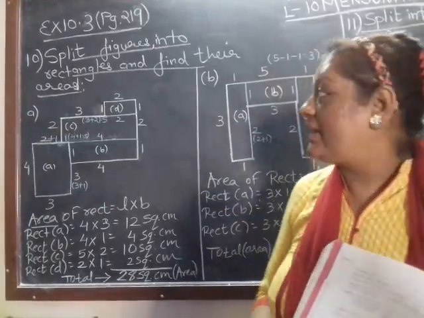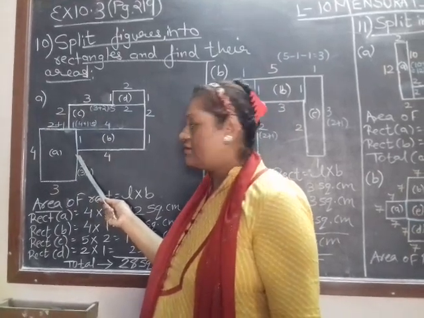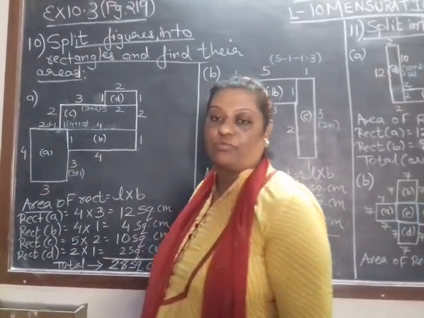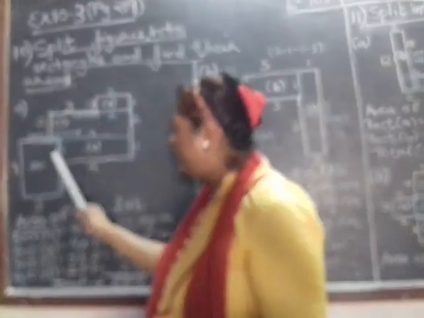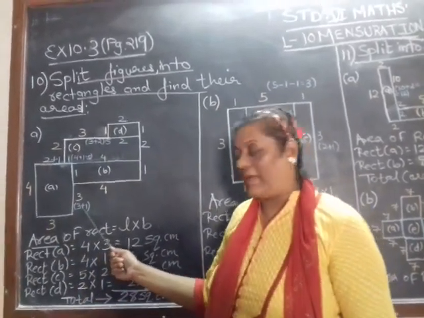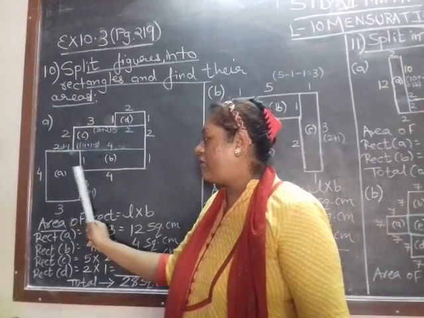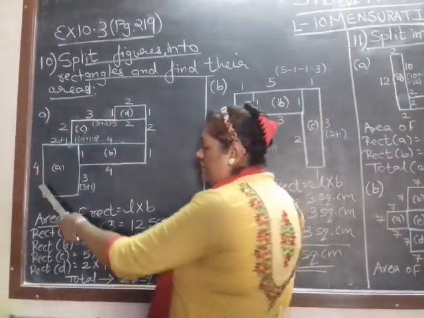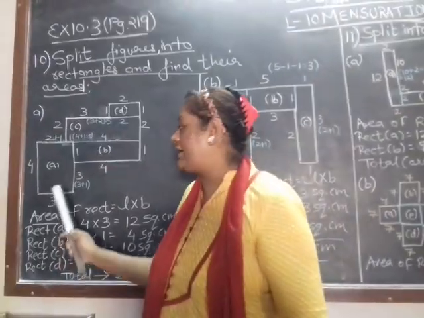First of all, in your textbook on page 219, you can check how they have given the figures, right? Now, you know that in rectangles, opposite lengths should be of the same measure and opposite breadths should be of the same measure. But here it is given 4 and here it is 3. So now what we will do, we will extend this rectangle. 3 is there, we need 4. So how many more will you add? 1. So I added 1 centimeter to the 3 to make both lengths of this rectangle the same measure. So now this is 4, I added 3 plus 1, and now this rectangle's length has also become 4 centimeter.